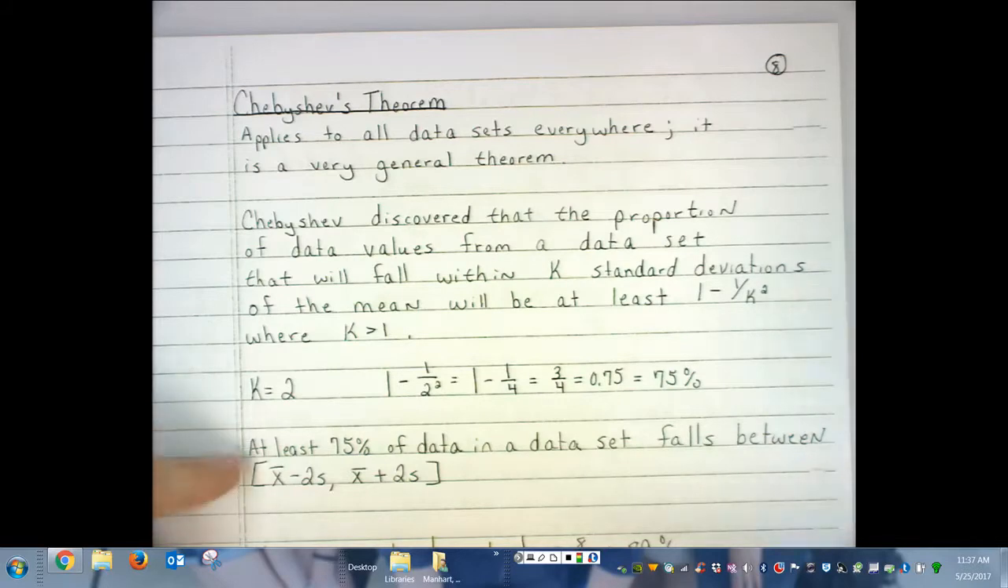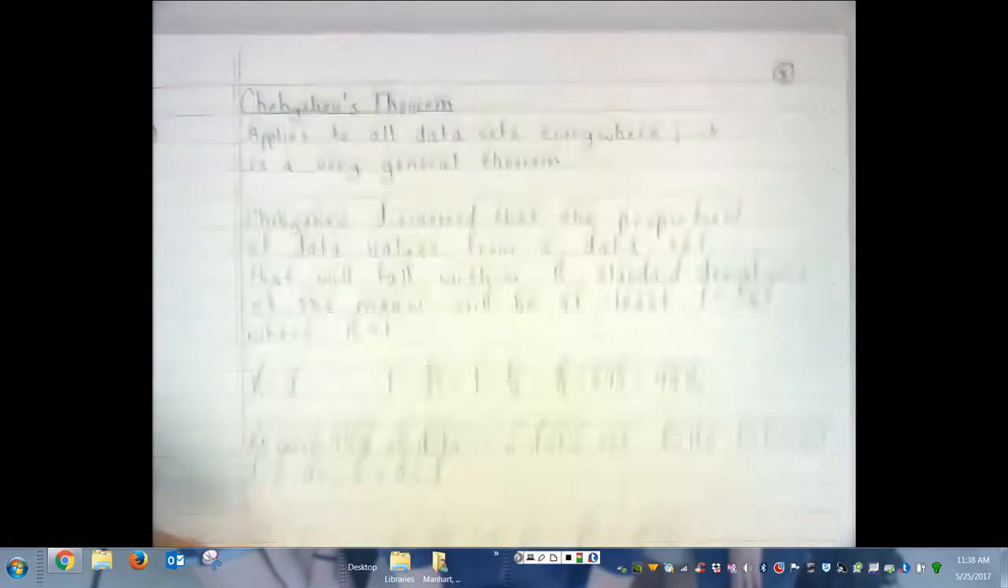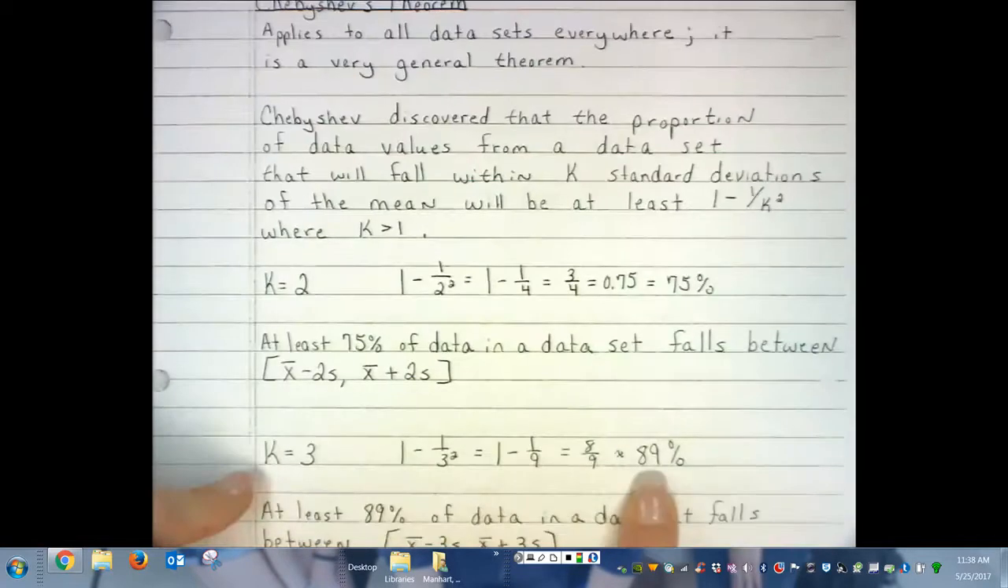So 75% of the data values in the data set are guaranteed to fall within 2 standard deviations of the mean. And that represents 2 standard deviations below the mean and 2 standard deviations above the mean. When k is 3 and it's plugged into its formula and you change the fraction to a